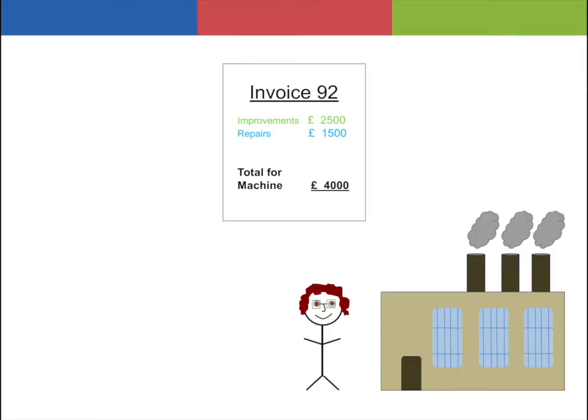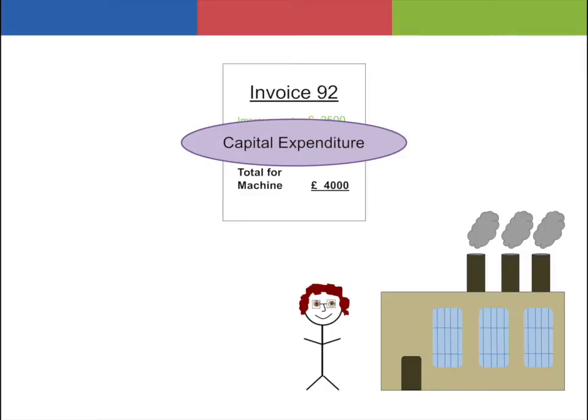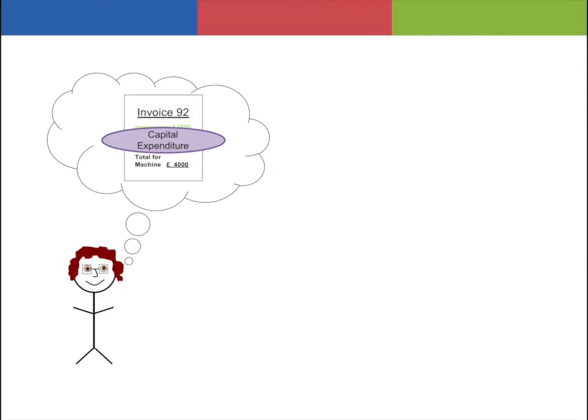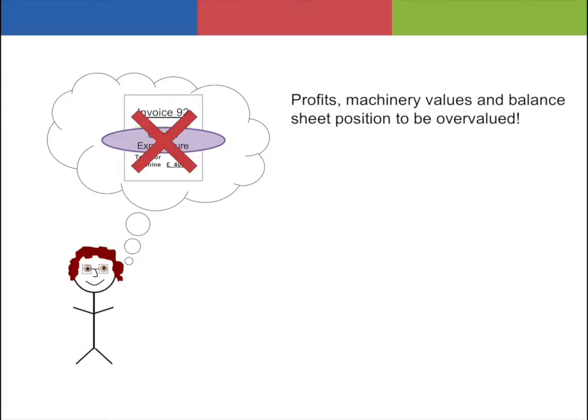Harry decided that the whole £4,000 is capital expenditure, as the £4,000 is being spent on the fixed asset. Therefore, the value for machinery has increased by £4,000 in the balance sheet, and as a consequence, the financial statements look to be in a stronger position compared to the position before the improvement works. Unfortunately, Harry has incorrectly treated the whole £4,000 as capital expenditure, causing the profits, machinery values, and balance sheet position to be overvalued. Instead, Harry should allocate the